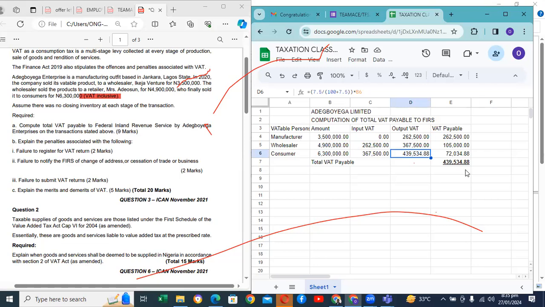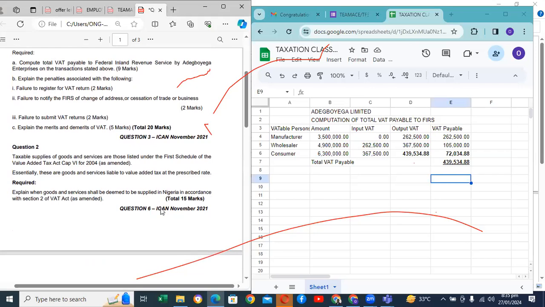So multiply your answer by 6.3. Yes, sir, it is 0.0697. Multiply that answer by 6.3 million. 439,534. Exactly. That's what you have here. That's how you got the answer here. So the usual practice is to deduct the output from the input, so you have the VAT payable. Do you get it? Yes, sir. Good.